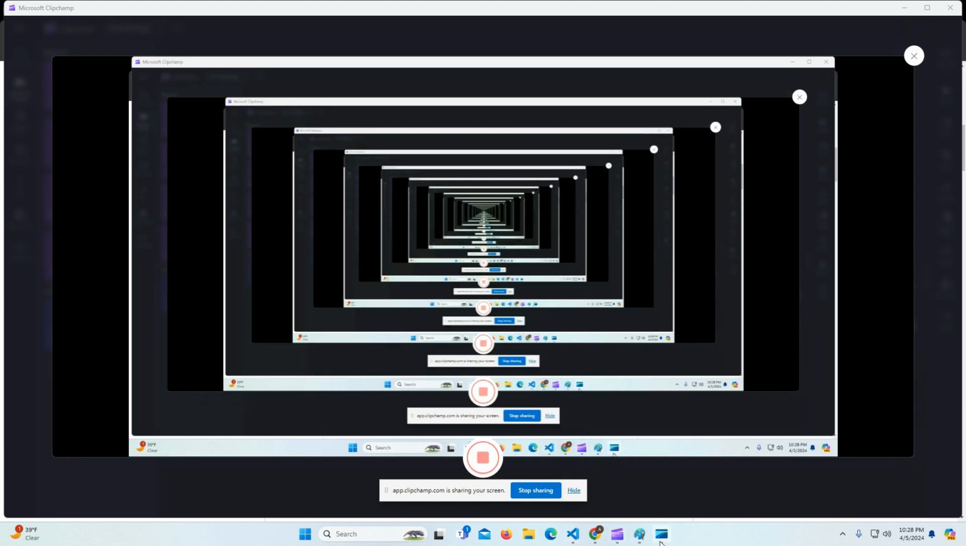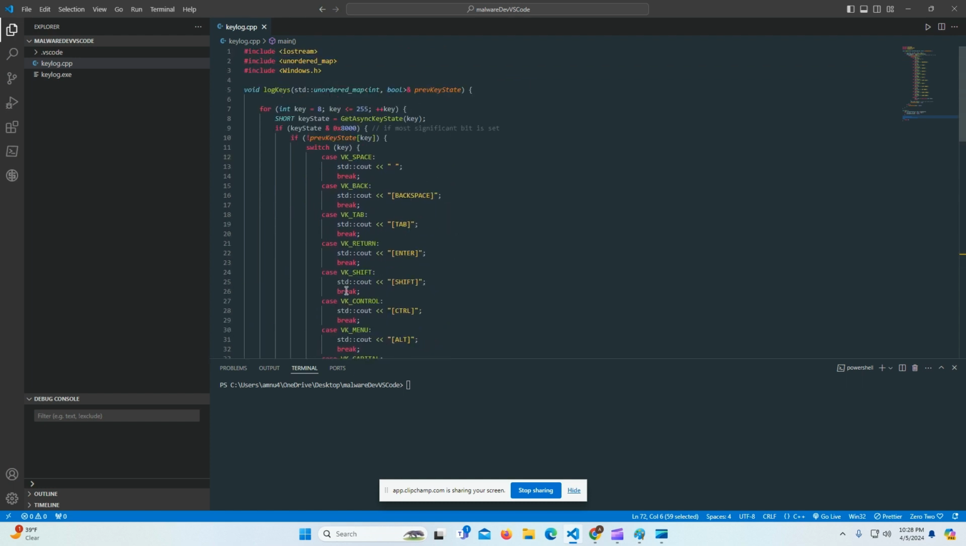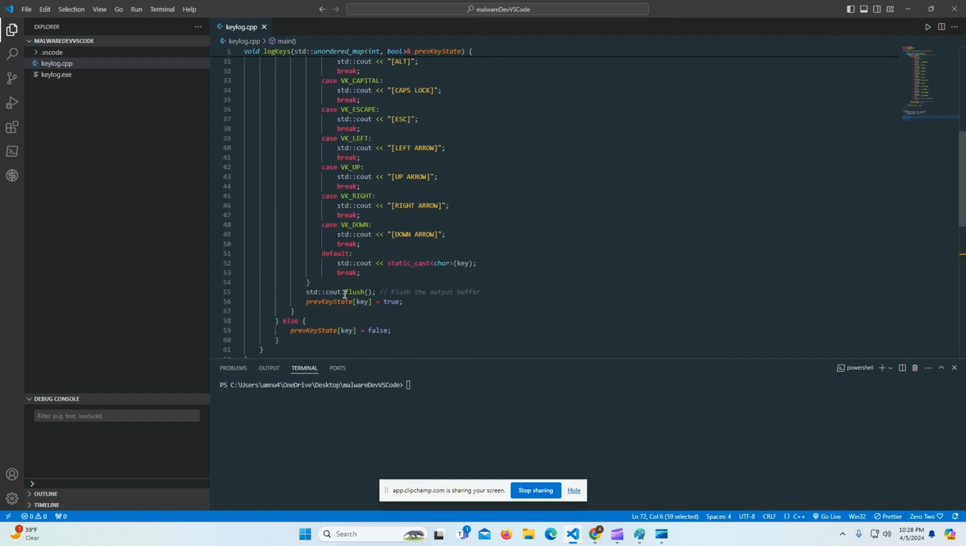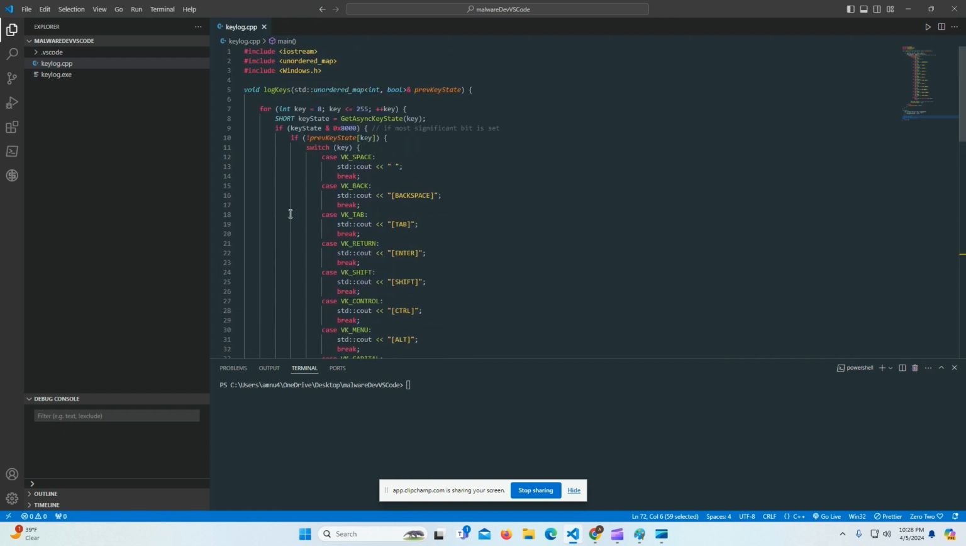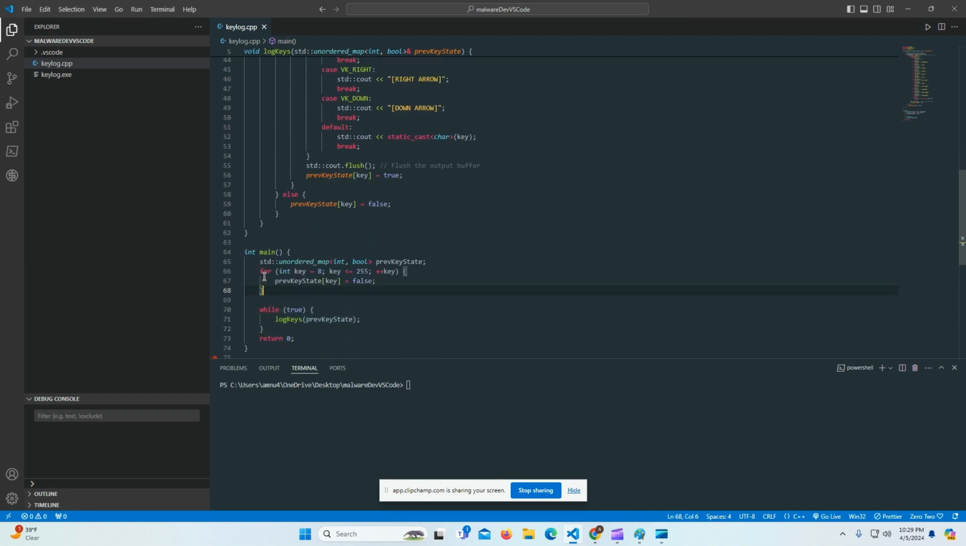Okay, 7th time recording. Let me open Visual Studio. So this might look like a big jump from the last video, but it's super simple. I literally took what I did for the A key and I applied it for every single key on the keyboard. So on the main function, this is just a